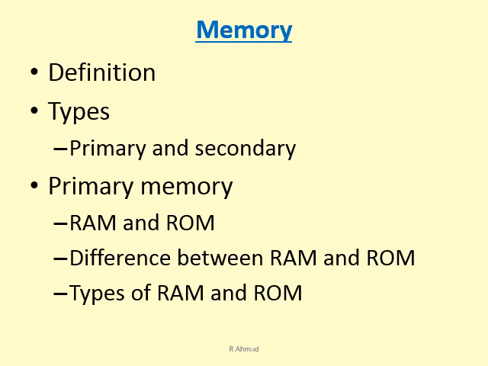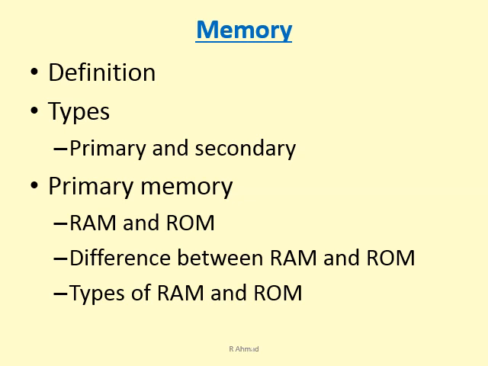One important thing, children: when I use the words input and output device, it refers to input devices separately and output devices separately. But when I refer to the term I/O devices, be very careful, I/O. That means I am talking about devices that act as both input as well as output. All secondary storage devices, where we store our data on a permanent basis, we can retrieve our data, access our data, take out our data, delete our data, and again store our data. We are performing activities like these, so you can say it is an I/O device.